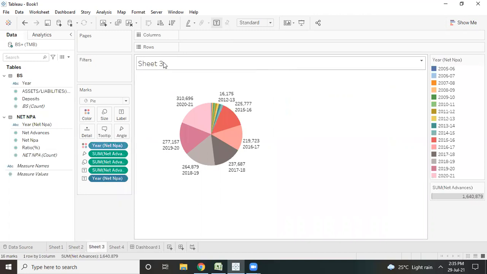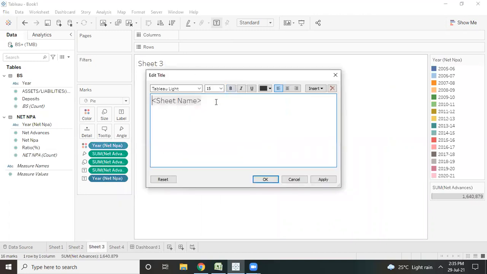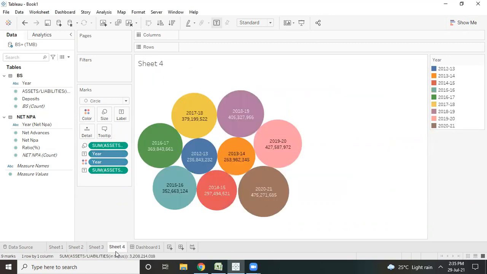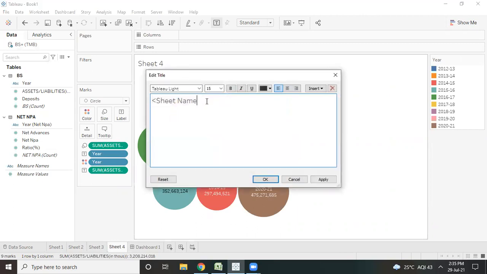It makes the picture clear of what we are looking for. These are net assets and liabilities.